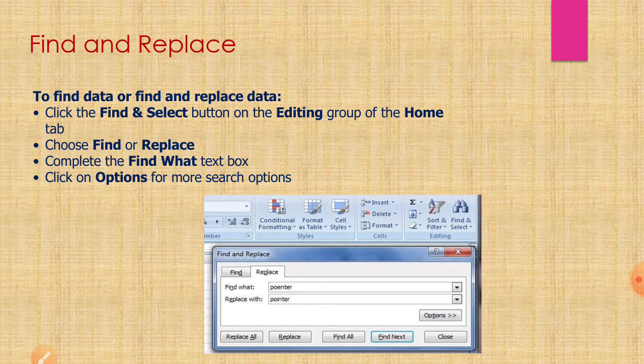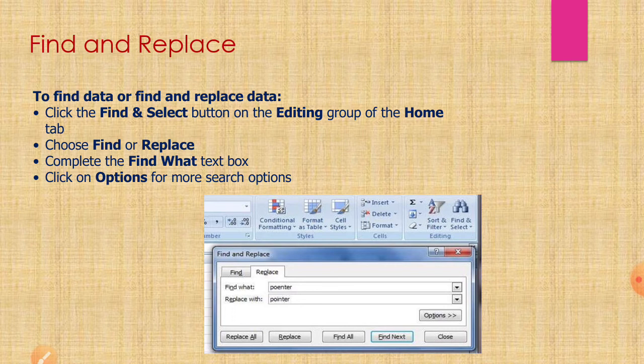To find or replace data, click the Find and Select button in the Editing group of the Home tab, then choose Find or Replace.